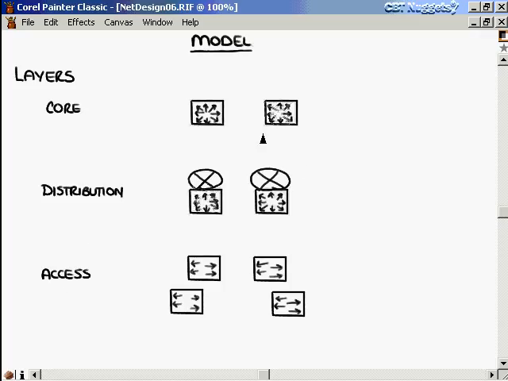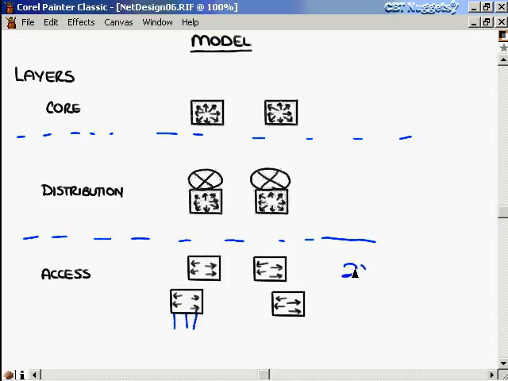Let's not just start at the bottom. Let me do them. All right, access down here, distribution. Access layer, as we said. Types of devices you might see: 2950. Remember I showed earlier. In fact, here in a second. You might also see a